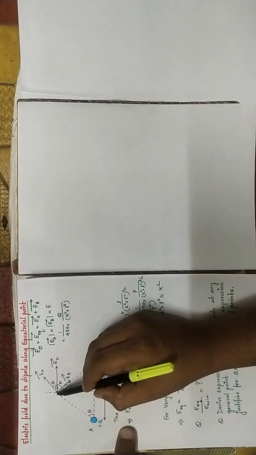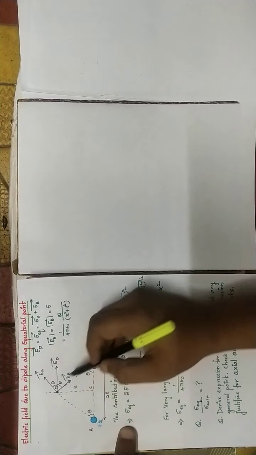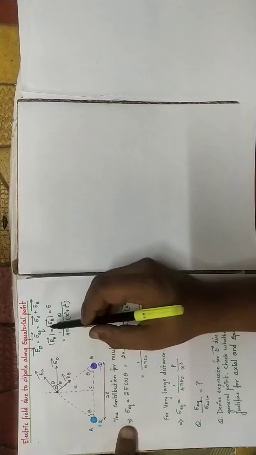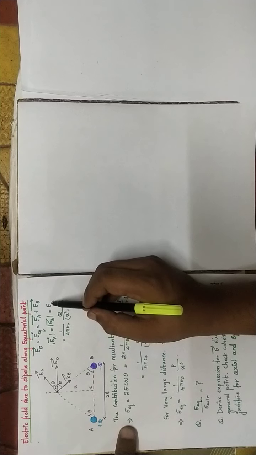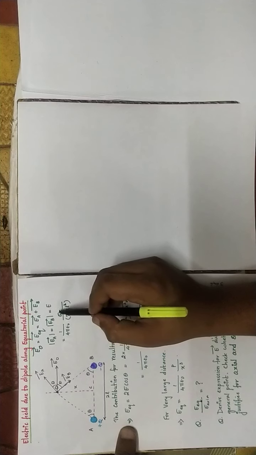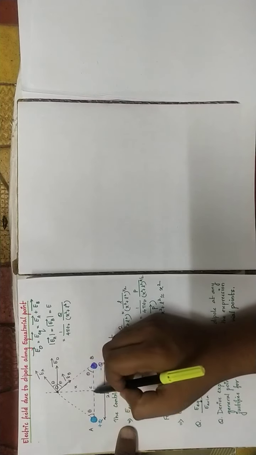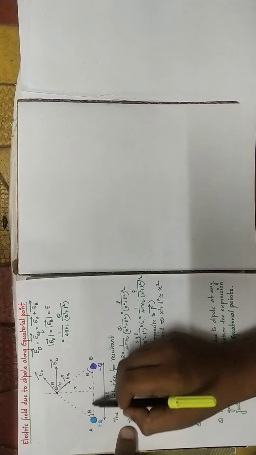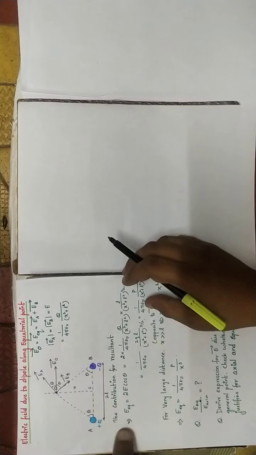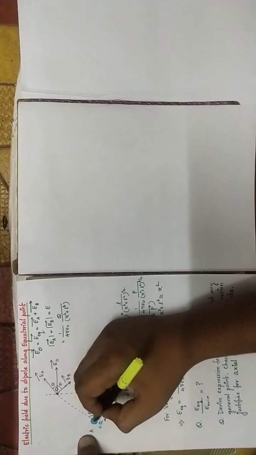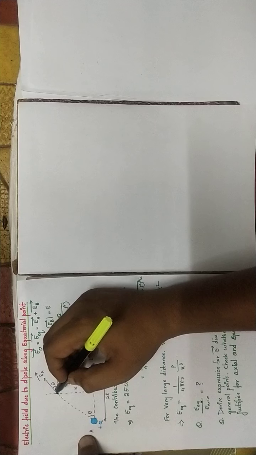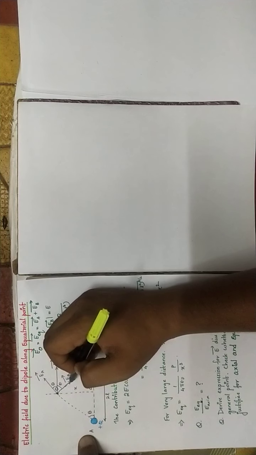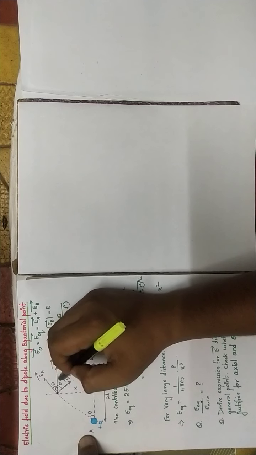As you can see, this point is lying equidistant from both the charges, so the magnitude of the electric field at that point will be the same, which is equal to 1 by 4 pi epsilon naught q by (x square plus L square), where x is the perpendicular distance and L is half the length of the dipole. Now, due to the positive charge the electric field is pointing in this direction; due to the negative charge it is attractive, so it points inwards. So these two electric fields make an overall angle 2 theta.